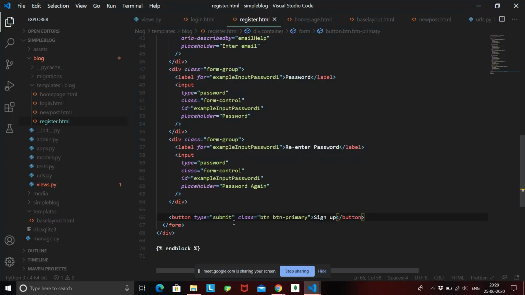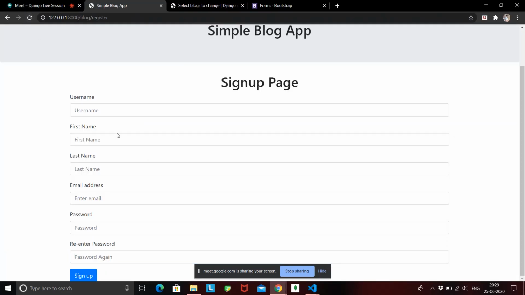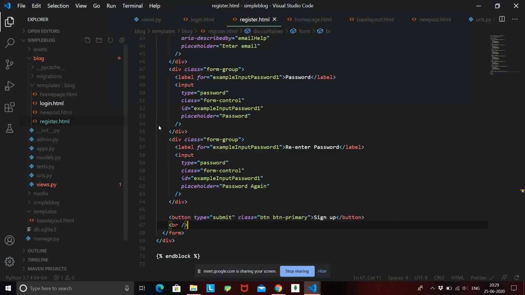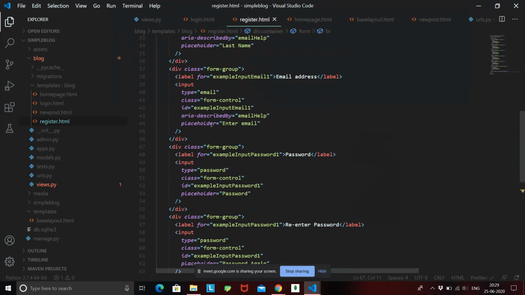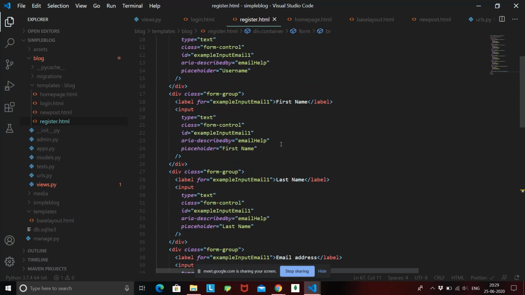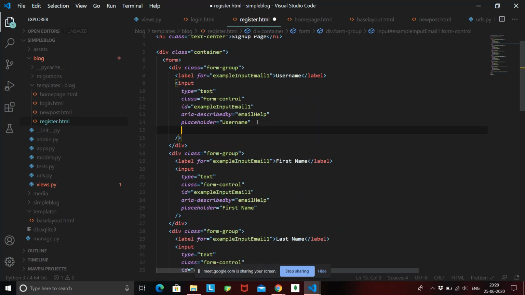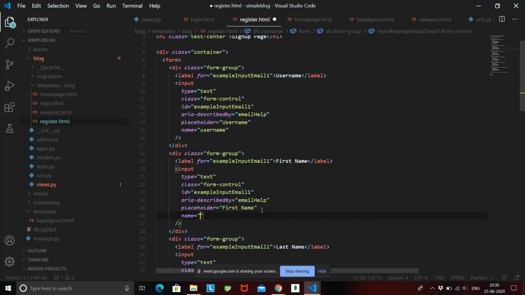Okay, so what we need to do, I'll just give a break over here so it will look a little bit better. Okay, so now we need to give names for each and every field. So let's give name. We have a placeholder, and name equal to, we'll just say username. Then we have first name, so we'll say name equal to fname, which means first name.